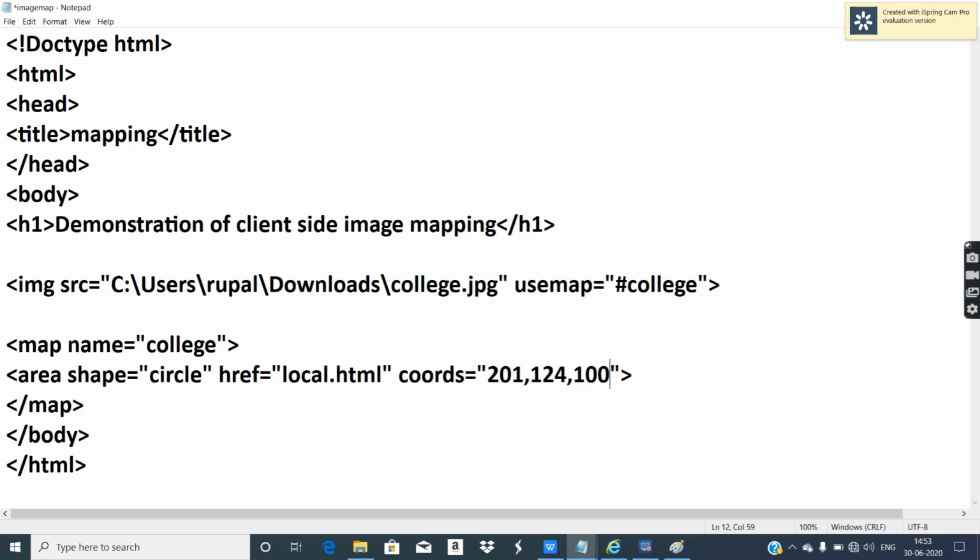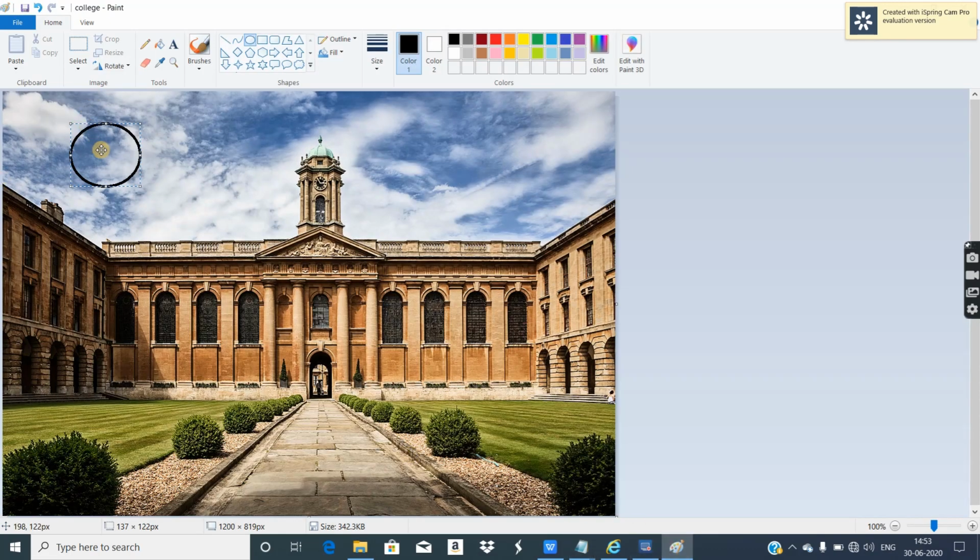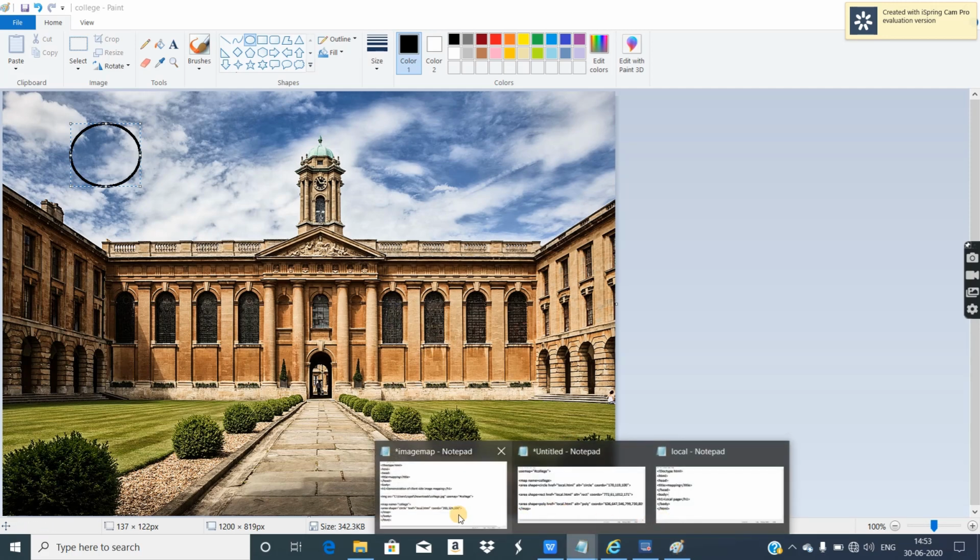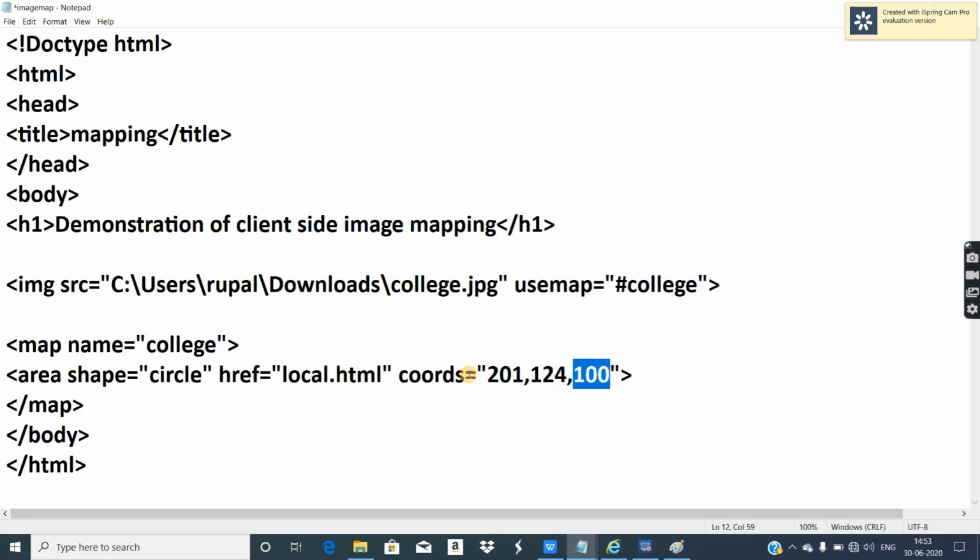Okay, so how to take the coordinates for circle? Once again I'll repeat. Draw the shape. But if you're drawing the shape, please don't save the image. Keep your mouse somewhere in the center of the circle. Assume any center point. Note down the coordinates. If you have a notebook, it's good, you note down and then type, but right now I'll just type. So I have typed the center position, and the third value I have provided on my own. These 2 points mean center and this means radius.